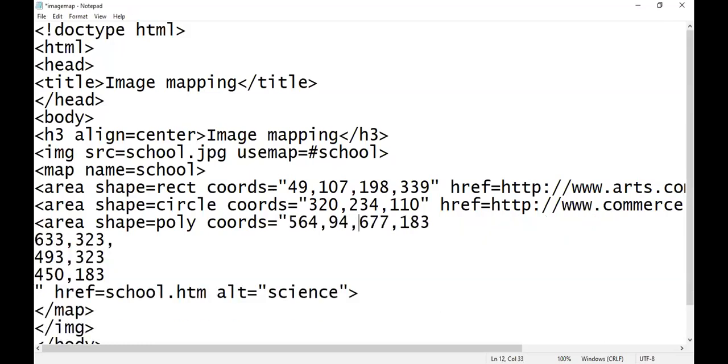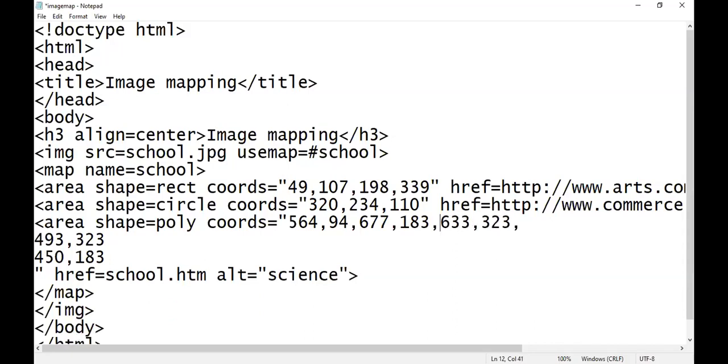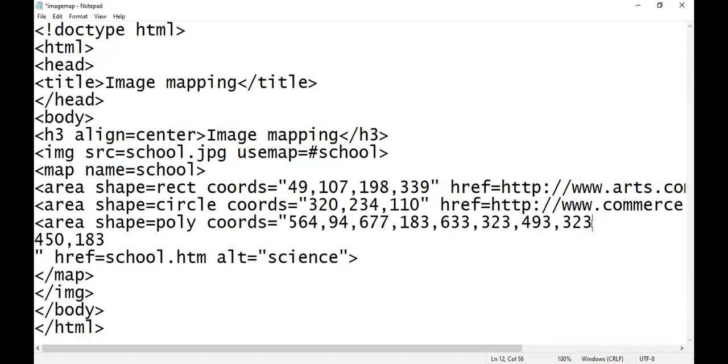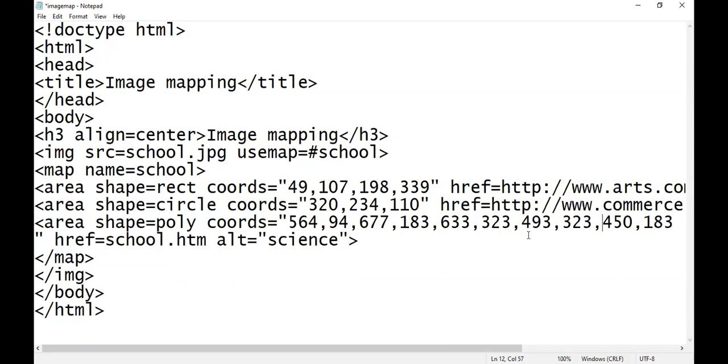Comma. Check that it is right. Here are the coordinates.